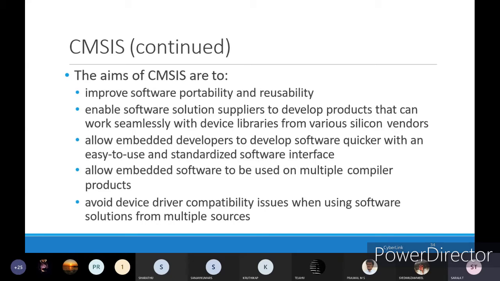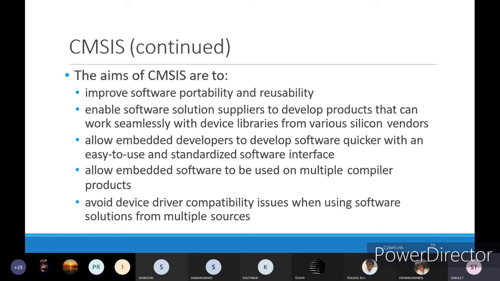Whatever software solutions are provided to develop the product, they should work seamlessly with the device libraries from various silicon vendors, because different types of silicon vendors are there. Whatever libraries they are providing should work seamlessly with respect to the Cortex M3 which is developed.